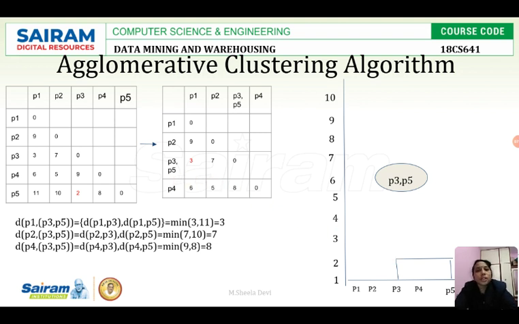So I am merging P3 and P5, and the distance between P3 and P5 is 2. So I am combining P3 and P5 with the value 2, that is, with the distance 2. This is the first step.